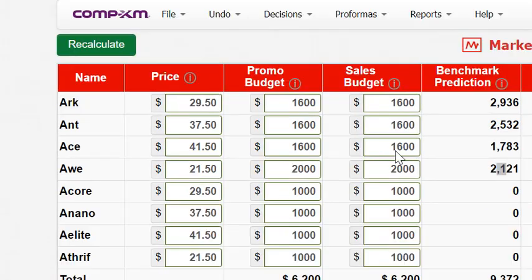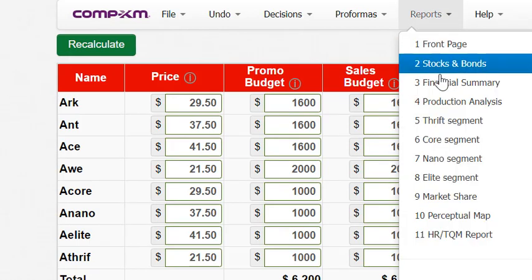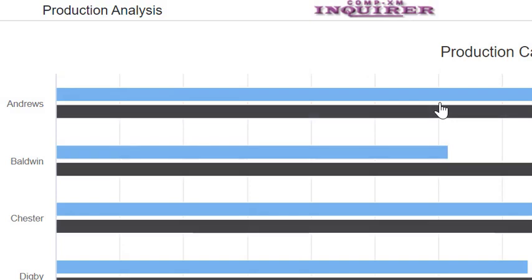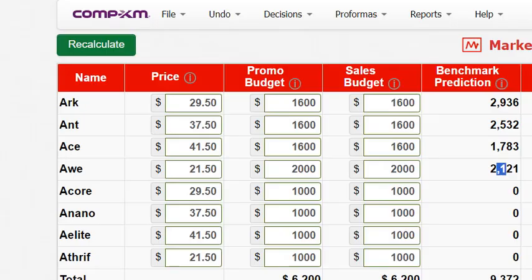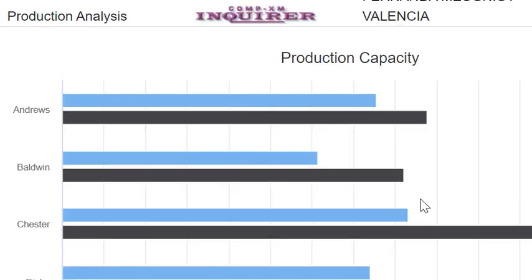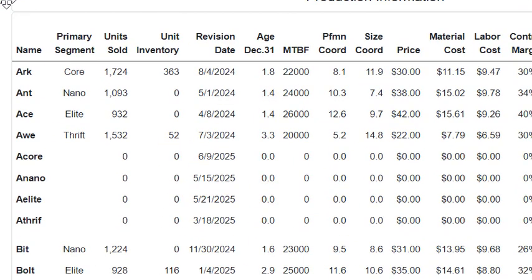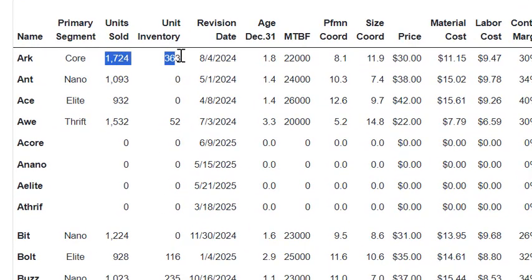Based on our own. So we click here the production analysis report from the last round, from round one. So I click here again, right? So you see the production analysis for round 1. So we are going to use this number from last round. We have the number we saw from last round here. You saw very well the units we sold last round, and now we are going to calculate that for